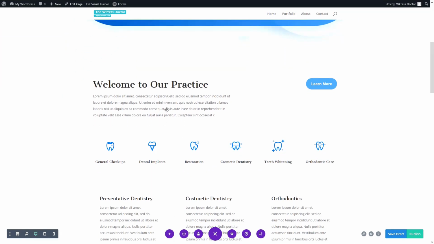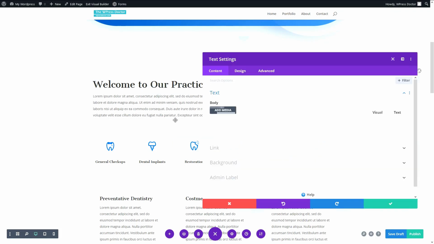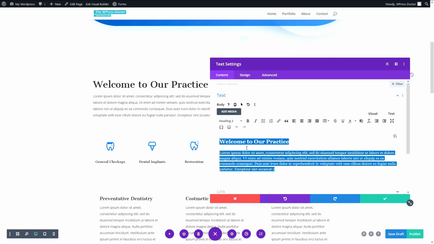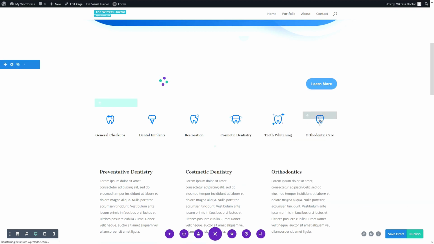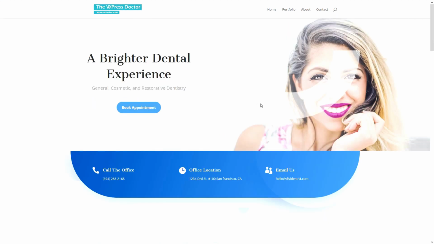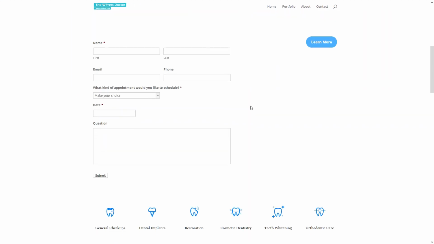So let's make here our beautiful contact form that we just created. We place here our shortcode for the Gravity form, and the ID is number 4. And I press this save button. And let's look at our page on the front end builder. Oh, here it is. We have the name, email, phone.